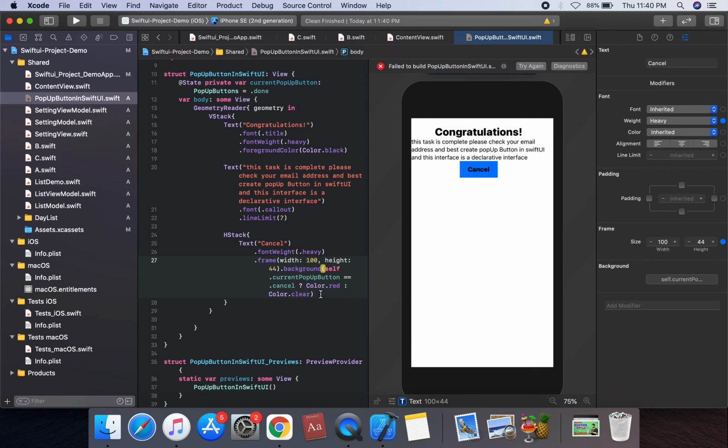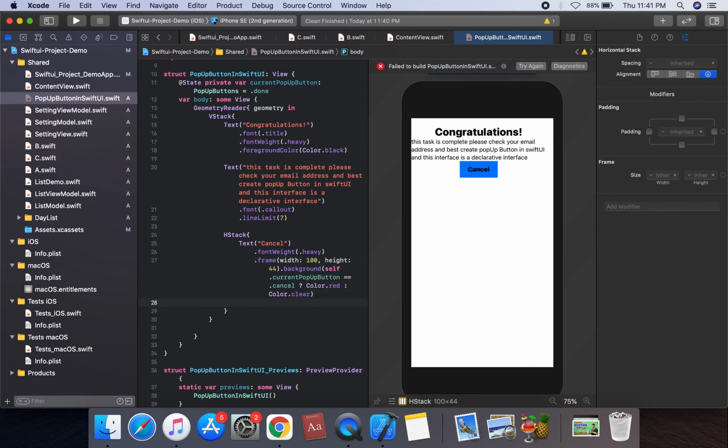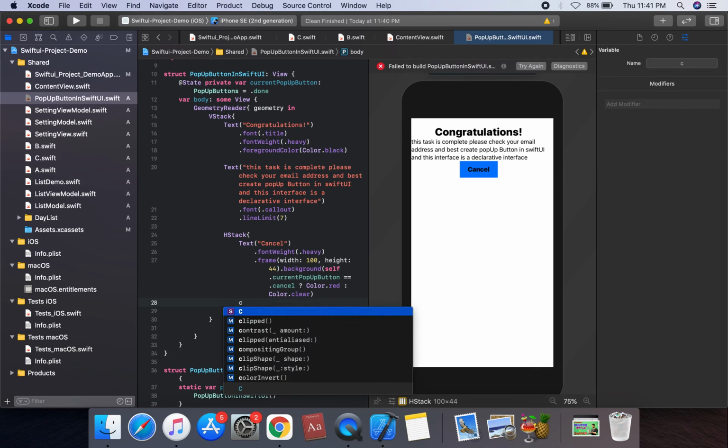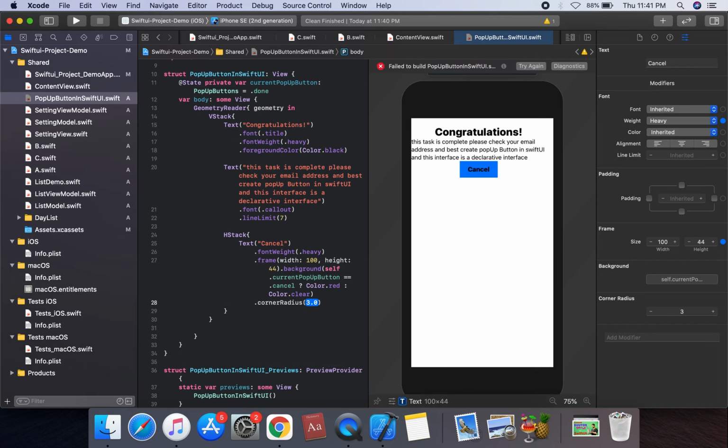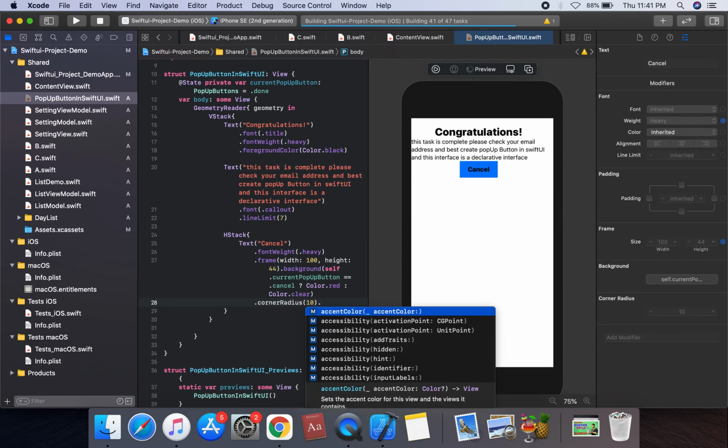We can set the background on the pop-up. We can apply the foreground on the text. So foreground, we're gonna apply the corner radius, dot corner radius, which has suppose corner radius 10, and we're gonna apply the foreground color.